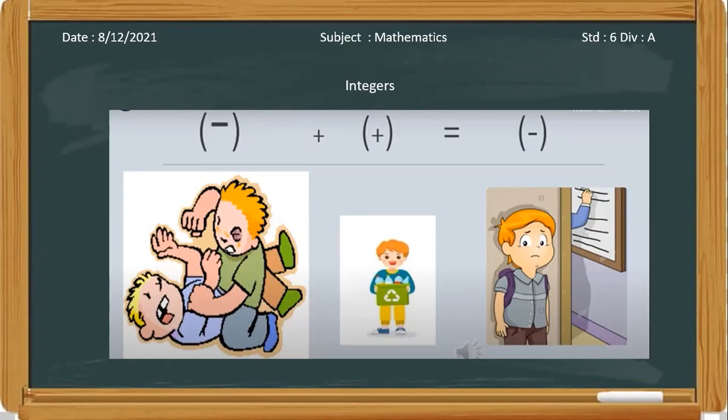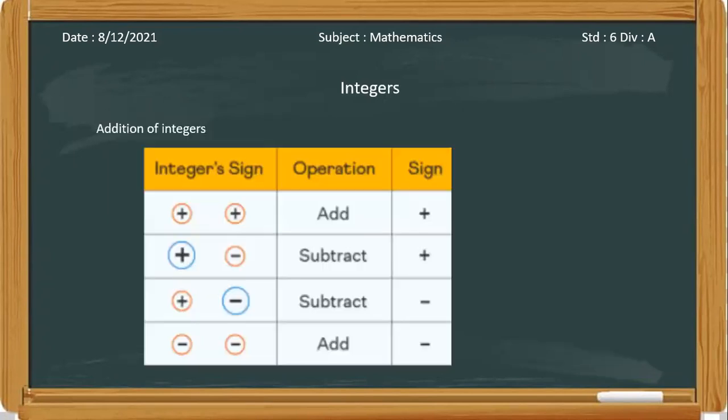So this is for today. So this is the table. Please note down this table so you can understand what you should do in the case of these numbers. So these are the rules only. I have just represented them in a tabular form.